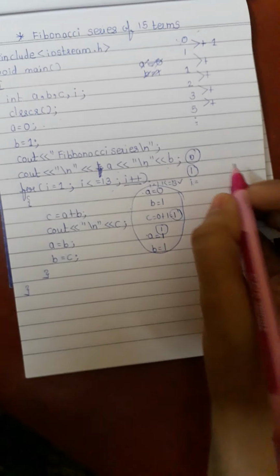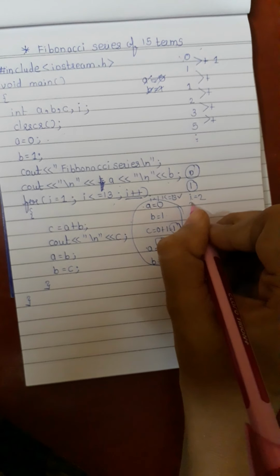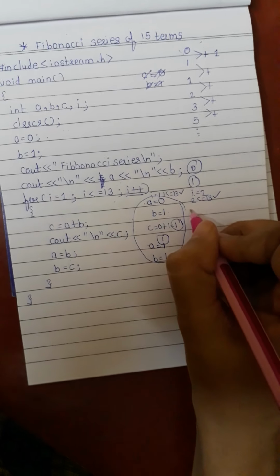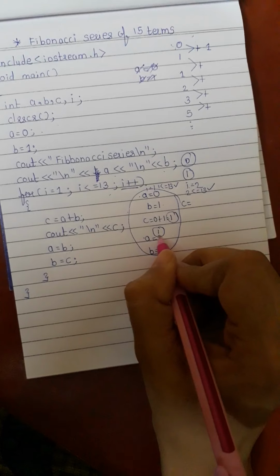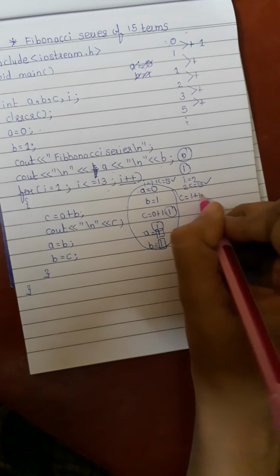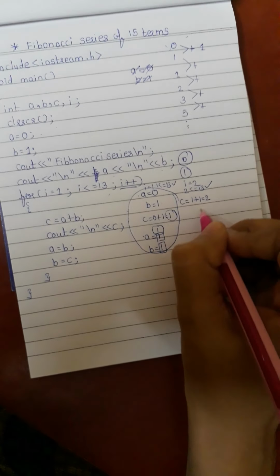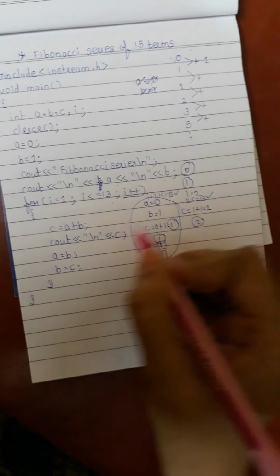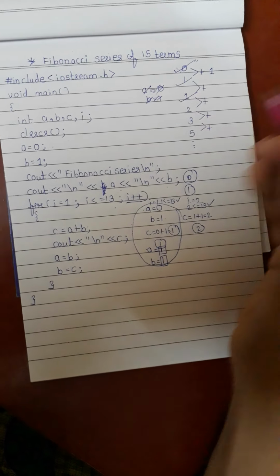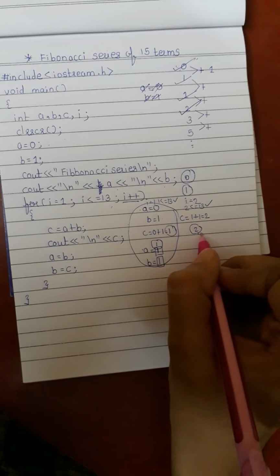After that, because of i plus plus, i will get incremented. So now the value of the i variable is 2. Again the condition will be checked, that is 2 less than or equal to 13. Yes, the condition is true. Then we will perform c equal to a plus b. So in the last iteration we got a equal to 1 and b equal to 1. So this time 1 plus 1, that is 2, this addition is performed. After that we have displayed the value, that is 2 is displayed. So till now we got 0 in the output, then 1 is displayed in the first iteration, and now in the second iteration this 2 is also displayed. So the value of the c variable is displayed.